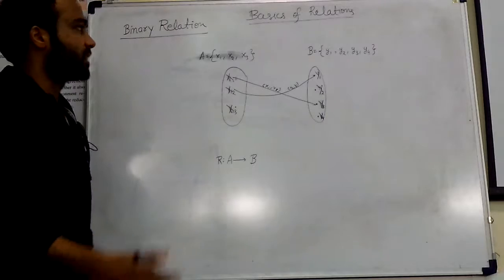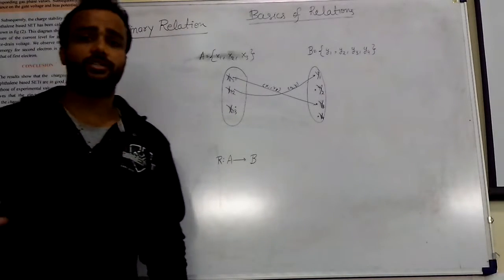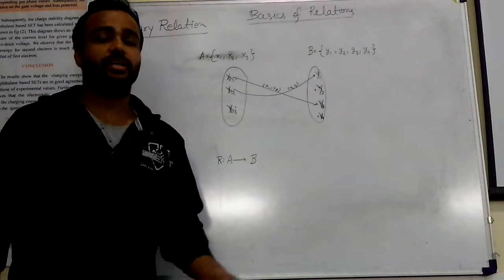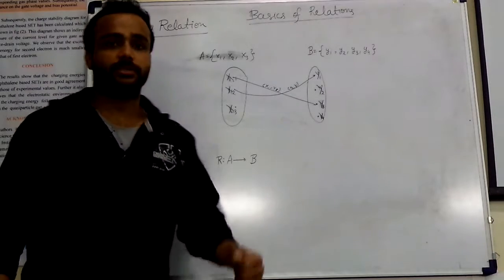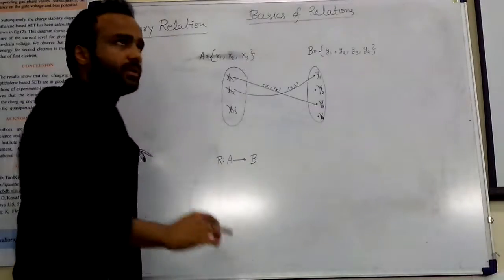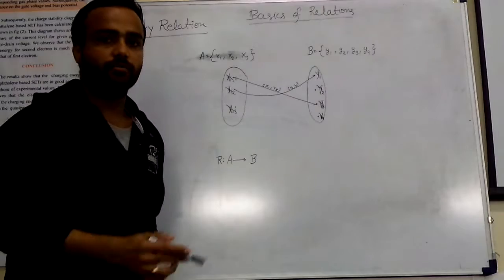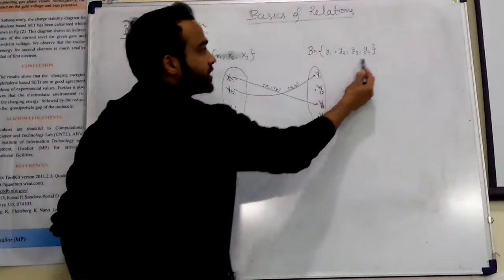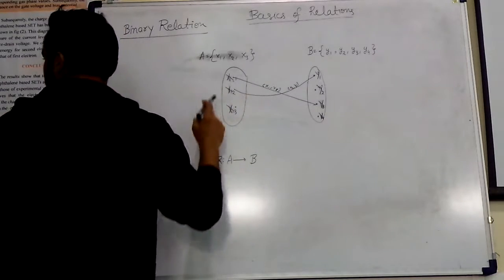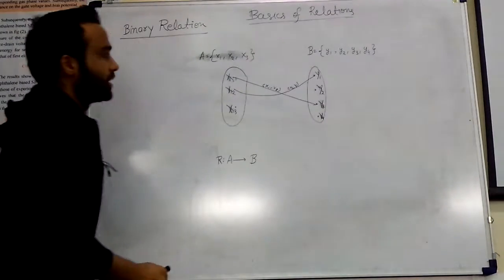So let's take an example. First of all, to remind you about sets, a set is a collection of mathematical objects. That means mathematical objects can be anything, any tool taken from the domain of mathematics. So if x1, x2, x3 are any numbers, then A is called the collection of these elements, therefore A is a set. B is also a set. For the pictorial representation, I give here x1, x2, x3 in set A, and set B.